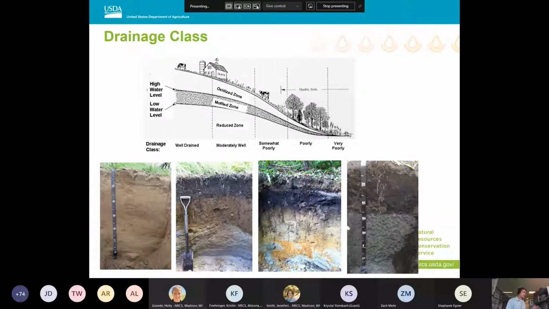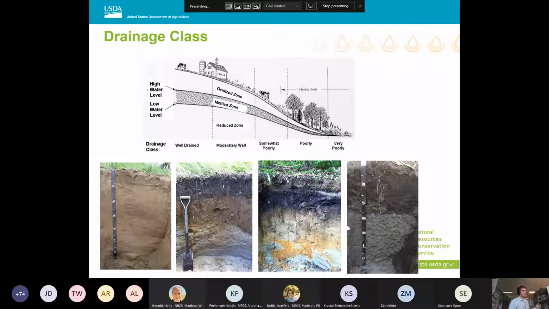This one's a bit more complicated, talking about drainage class. It really varies state to state how they define what's well drained versus what's very poorly drained. And it's really not just an indication of where the water table is. It also considers how long the water table is there and how fast water is infiltrating through that soil. Looking at this figure, this was developed in Rhode Island where I grew up,